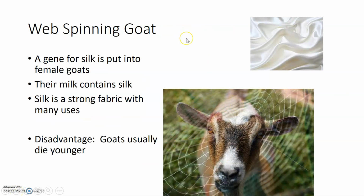Goats can spin webs, so the gene for silk production is put into female goats. So their milk contains silk, and silk is a very strong fabric, and so we milk the goats and we get silk out of it. So obviously he's not spinning a web out of his head. It's through their milk, and so we can collect that silk and then we can spin it and create fabric